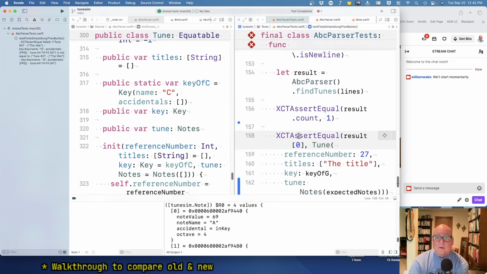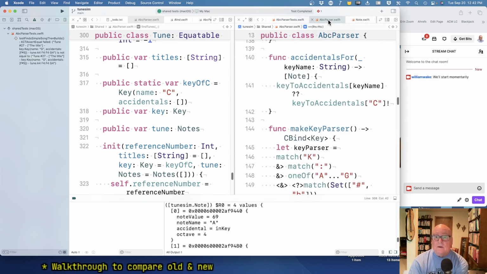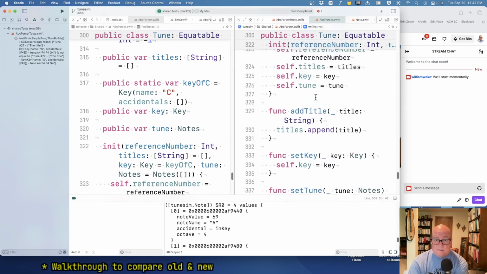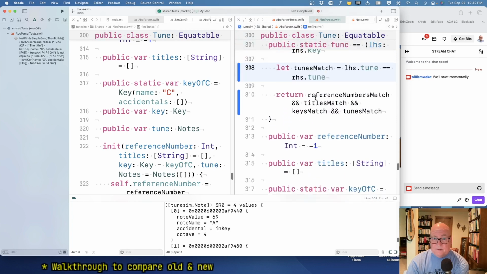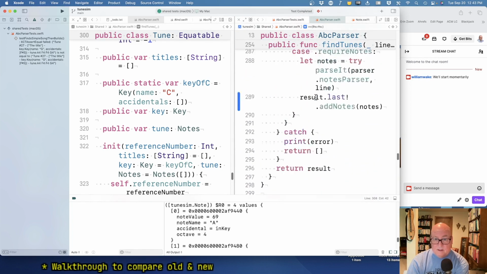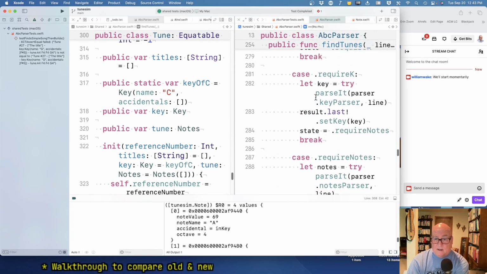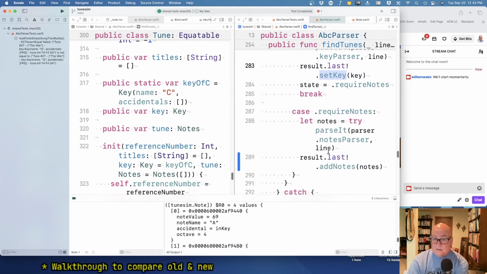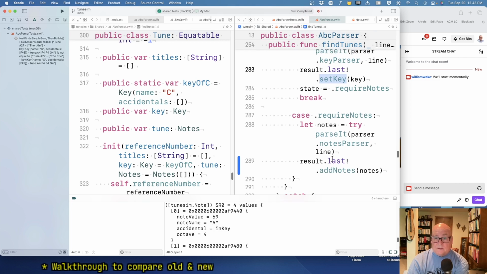Okay, so the parser, and I'm going to have to split these files up at some point. They're becoming unwieldy, but the parser knows the key because it was required to have one, and it's on the tune, but we don't use it with the note parser. Now, I'm not sure if we should or not,